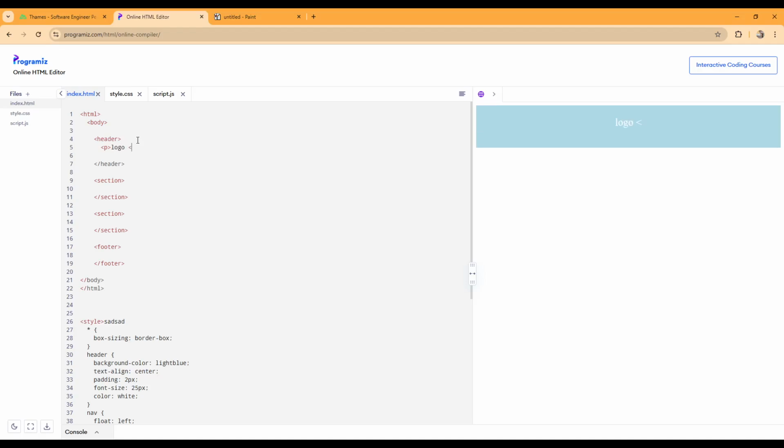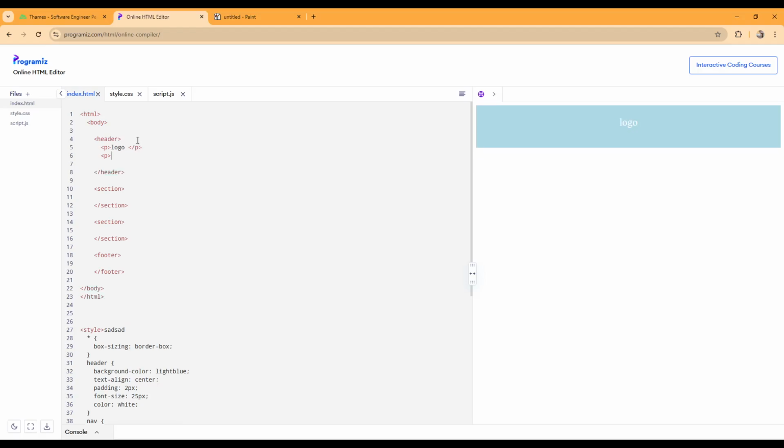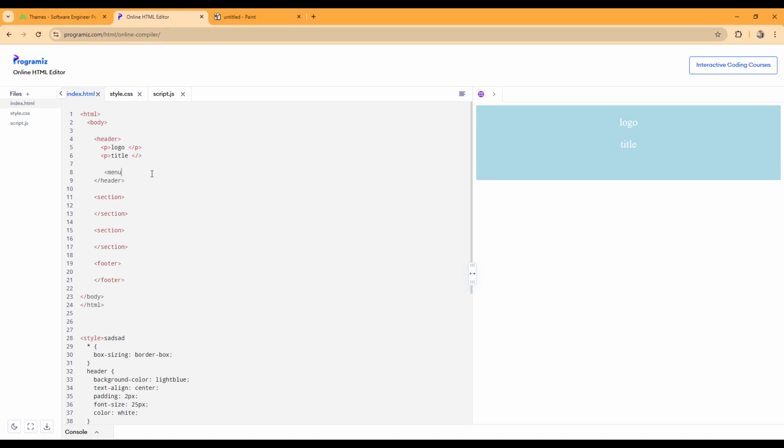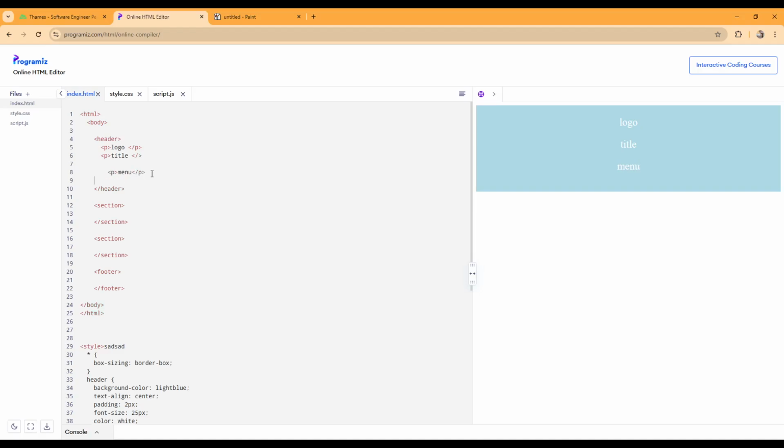So it will be header here, and then title, okay, and then we have menu and button. Okay, so you can see I have added all the contents inside the header,